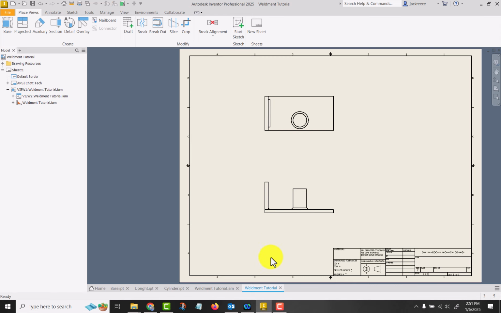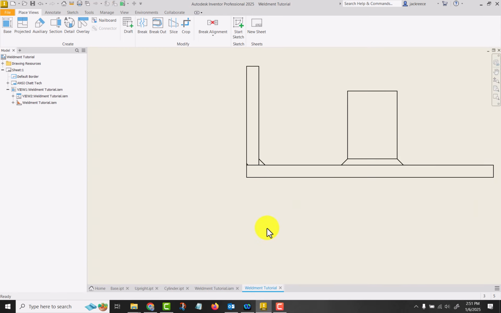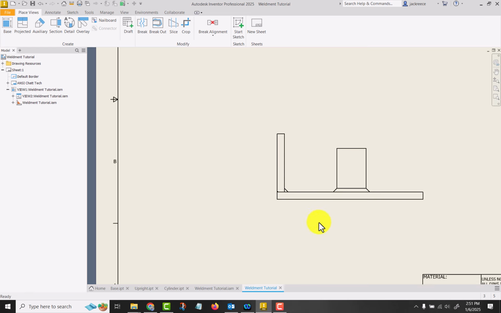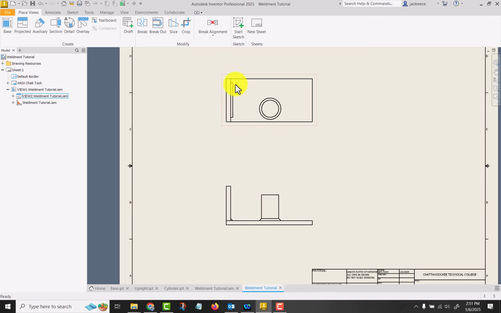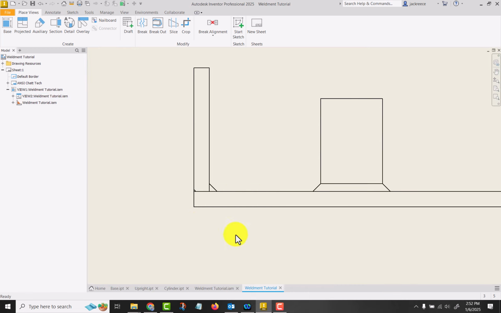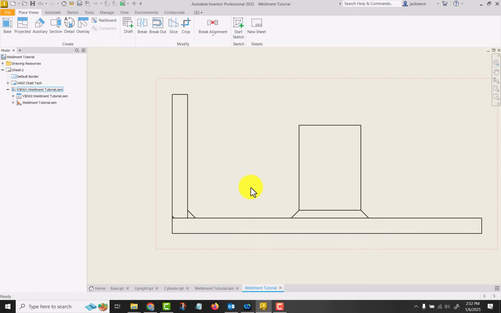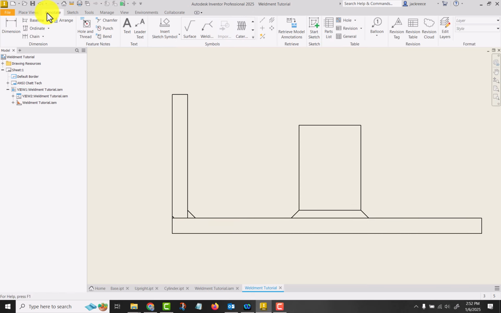Now, most of the time when we are placing our welding symbols, we place them in views where we see the profile of the weld. So the front view is where all of the weld symbols go. The top view is mostly for clarification so that you can kind of see what's what. But in this particular case, this is the view that we would have. And so now we'll go annotate,